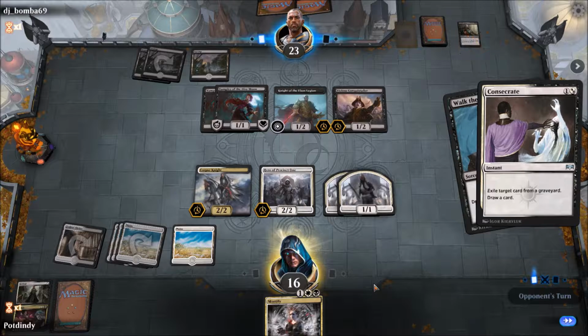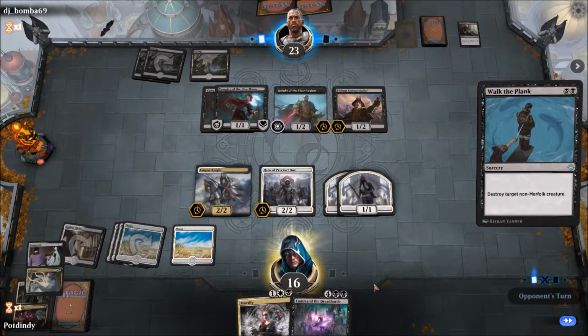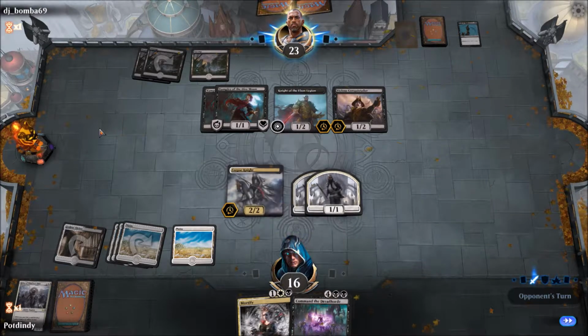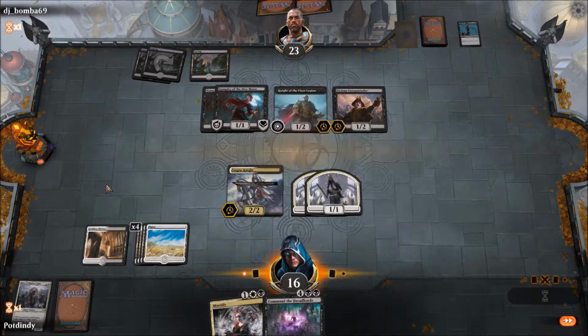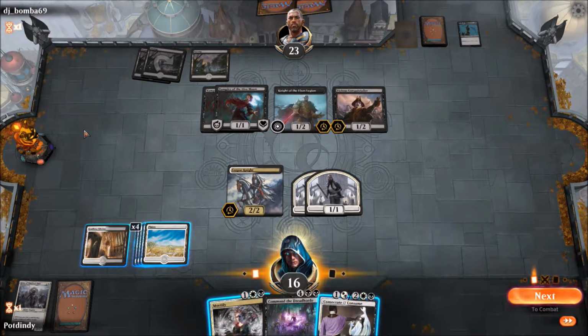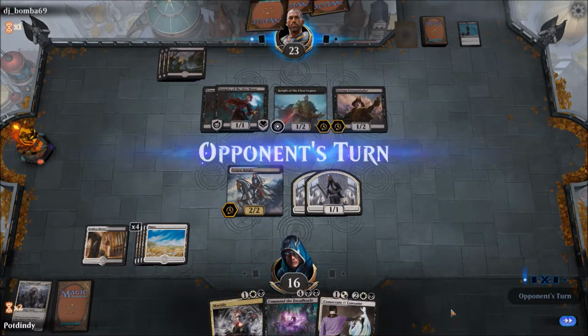I just had a lot of removal this game. Draw a card. Oh, sweet. There's Command the Dreadhorde. Unfortunately, we don't have enough black mana for that. That is okay. Okay, we have them stopped. I think we're just going to sit here. We now do have some powerful cards, so...